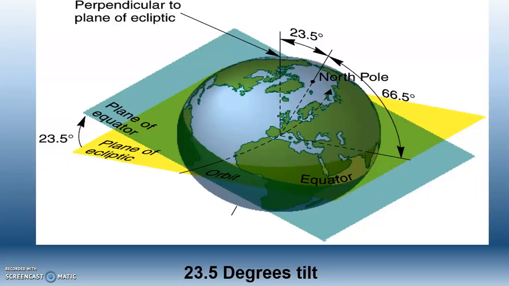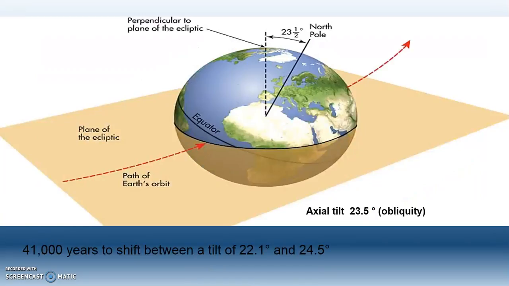and that the Earth's equator is at a 23.5 degrees tilt from this plane of ecliptic. And so that's just important to note as we're moving forward. And here's another example showing the plane of ecliptic and the path of the Earth's orbit. And we have this perpendicular to the plane of ecliptic, and we see that now as a result we have